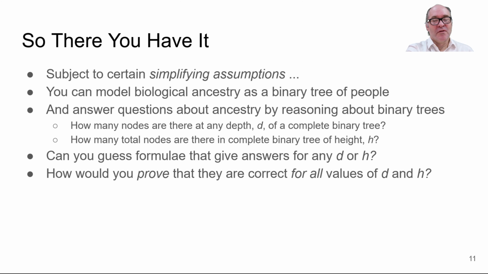So let's just assume for the time being that those assumptions are satisfied. Now we can use binary trees of people to reason about the questions that I asked you on your homework. How many ancestors do you have exactly k generations back? Well, that's the question, how many nodes are there at any depth d of a complete binary tree? And by complete, I mean that